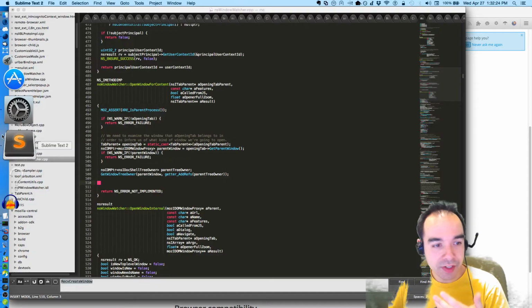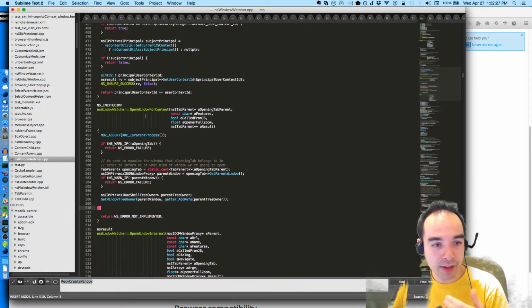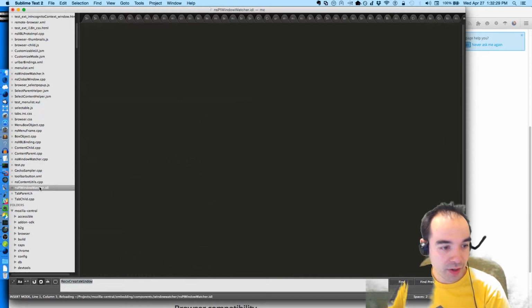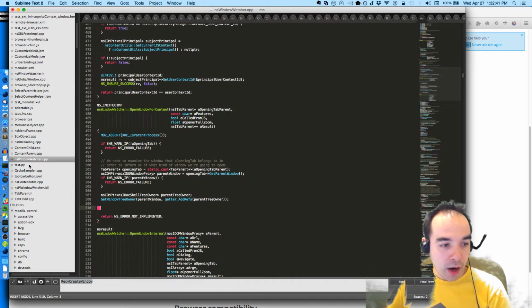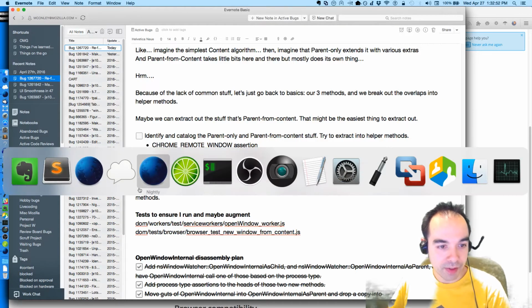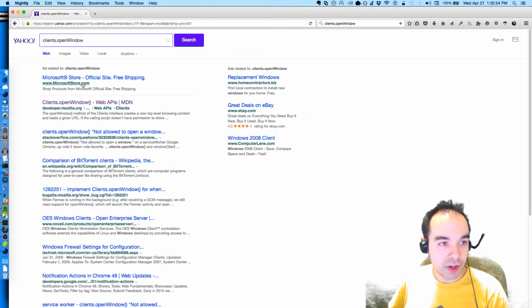I've created a new method and a new method signature, or a header, called open window for content. This is a new thing I'm making, and it's going to return an nsITabParent. And I wonder if this is the right thing to do. This is what I think is going to be called by content parent. Instead of, what was it calling before? If you look at what content parent calls now, it calls,